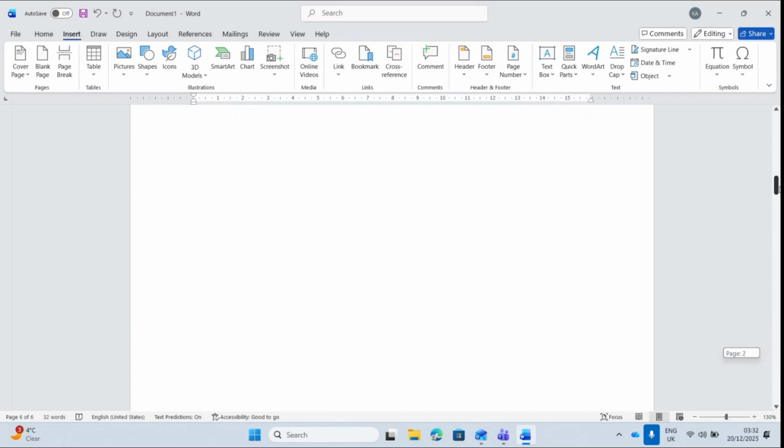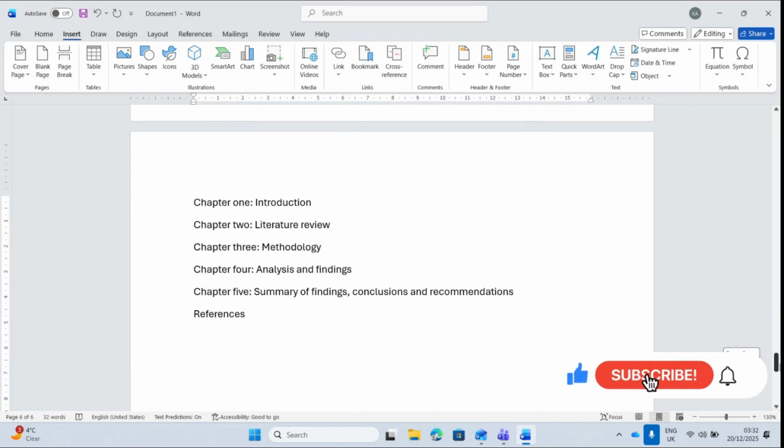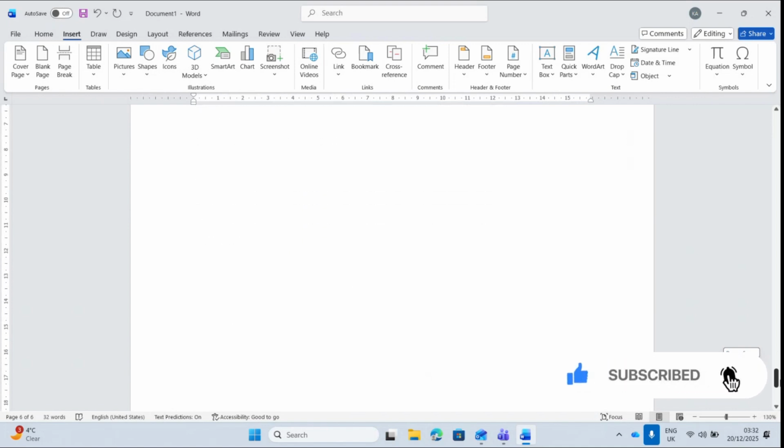So the next stage is for me to number the pages. Obviously, cover page is not numbered. Declaration up to table of content are in numerals, Roman numbers. And then the main document, that is starting from chapter 1, the page numbers will start from 1. So what I need to do is